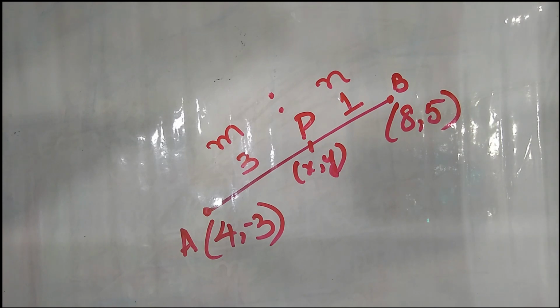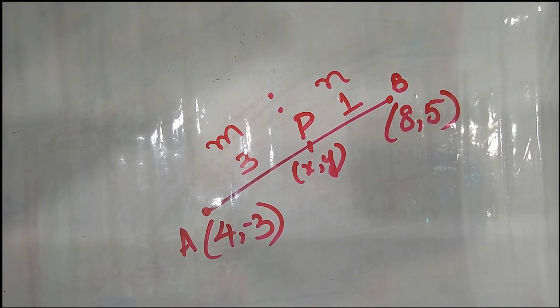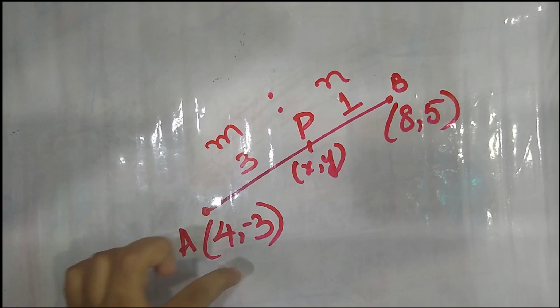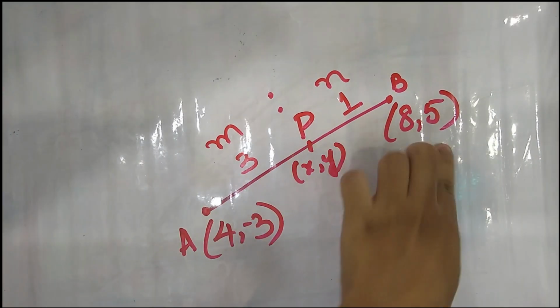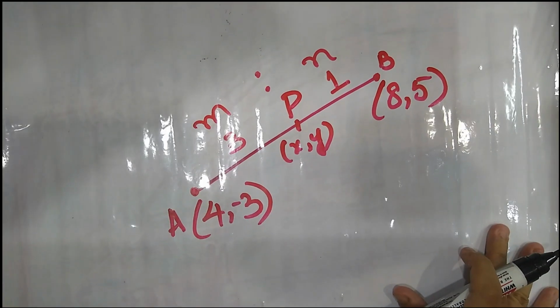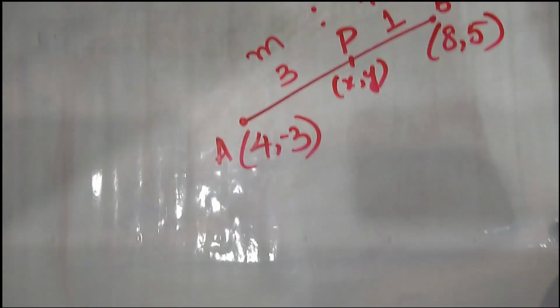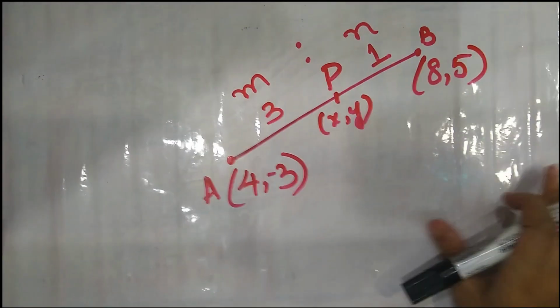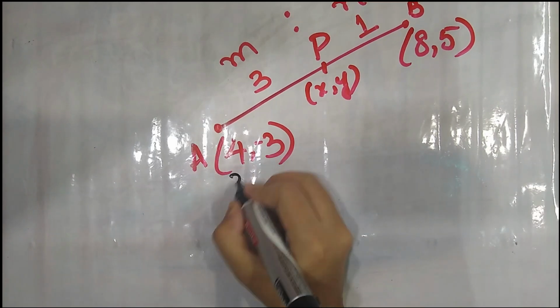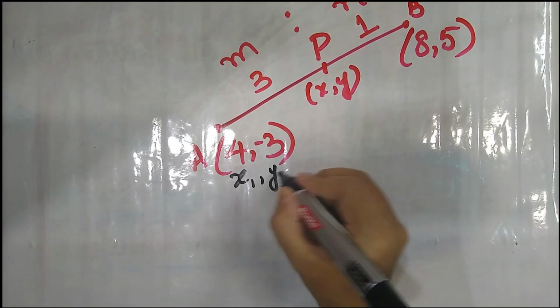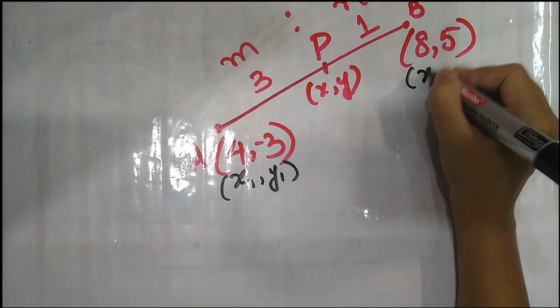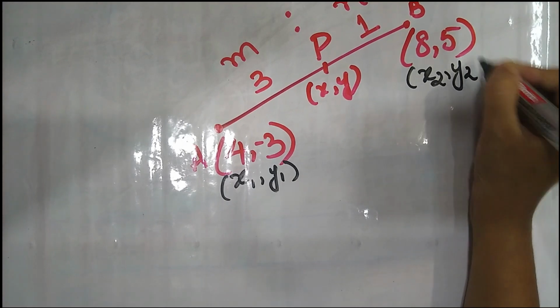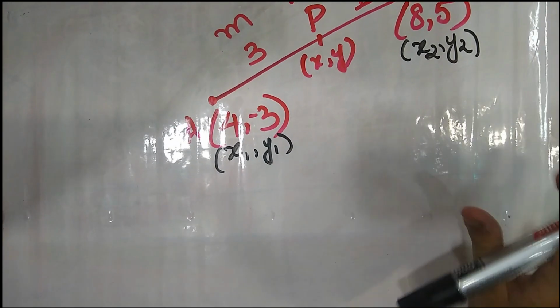They are just asking you to find the coordinates, and we have a direct formula to find the coordinates, right? We just need to know m, n, x1, y1, x2, y2, and you will get your formula. Just apply all of that in your formula and you're done. So let me just name them for convenience sake. Now that this is done, let us write down the formula.